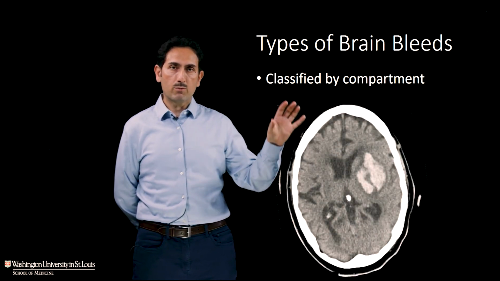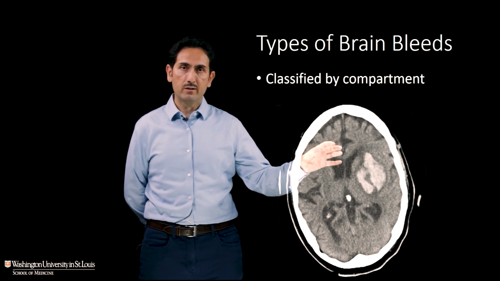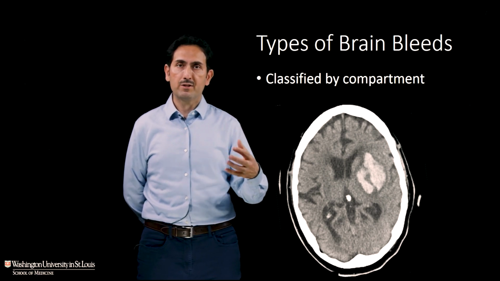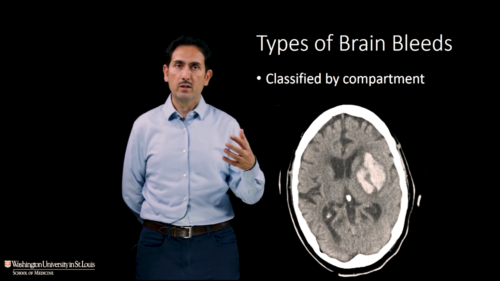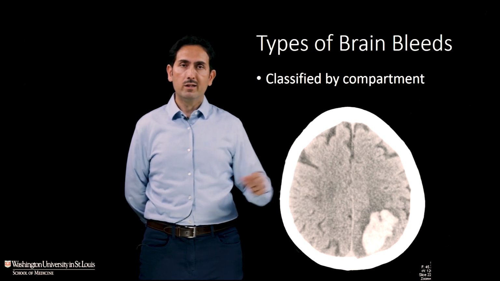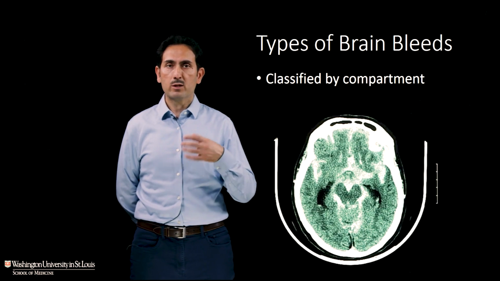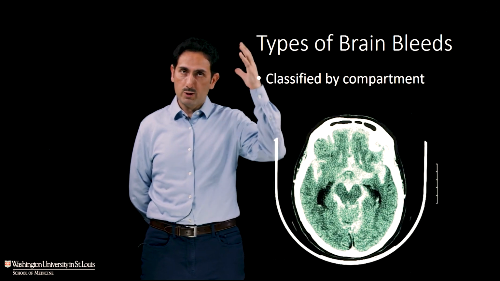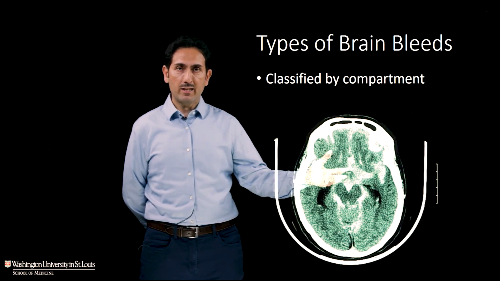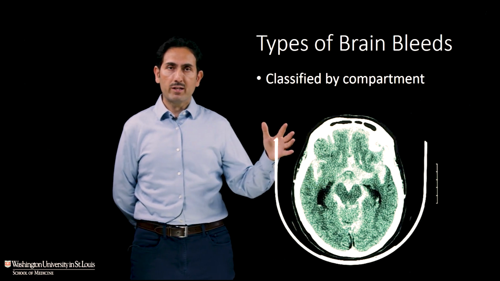Then we have bleeding within the brain itself. Here we have intraparenchymal bleeding that can be deep in the brain, here in the basal ganglia. And these present more like a stroke with sudden neurological deficits like paralysis or trouble speaking. Intraparenchymal hemorrhages can also be on the surface of the brain or lobar. Here you see a lobar bleed due to amyloid angiopathy. And these bleeds can also be associated with subarachnoid hemorrhage, which is bleeding on the surface of the brain in the meninges. And here you see an example of a much more diffuse subarachnoid hemorrhage where blood is spread throughout the base of the brain.